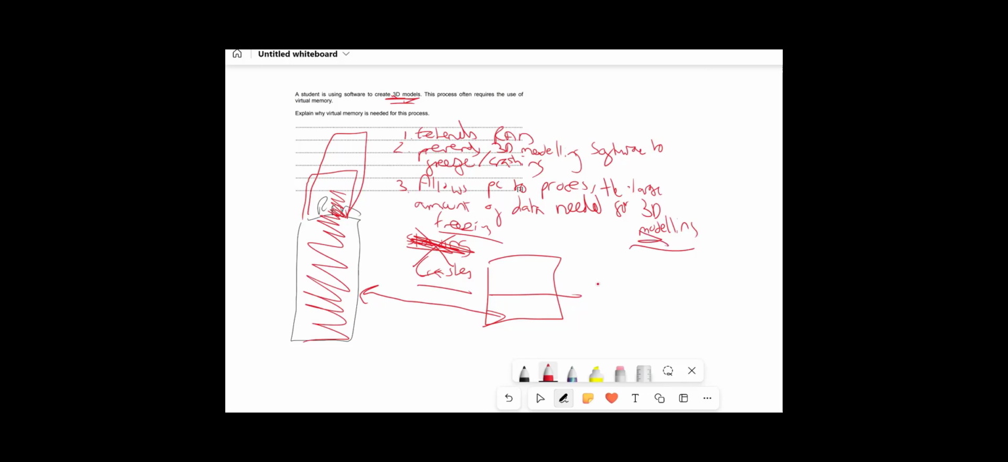So it extends the RAM. It basically makes the RAM bigger, in essence. It prevents freezing and crashing. Yes, it slows down our computer slightly, but it prevents it freezing and crashing completely. It allows our PC to handle the large amounts of data which is needed for us to do 3D modeling in its